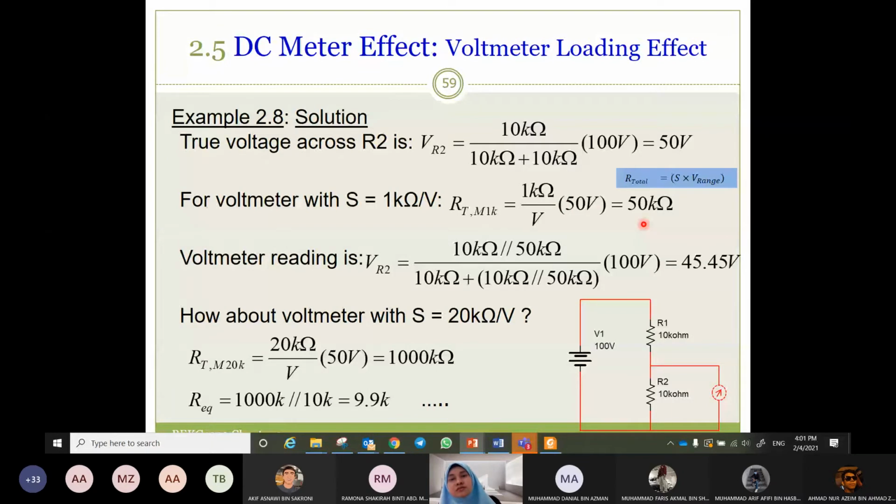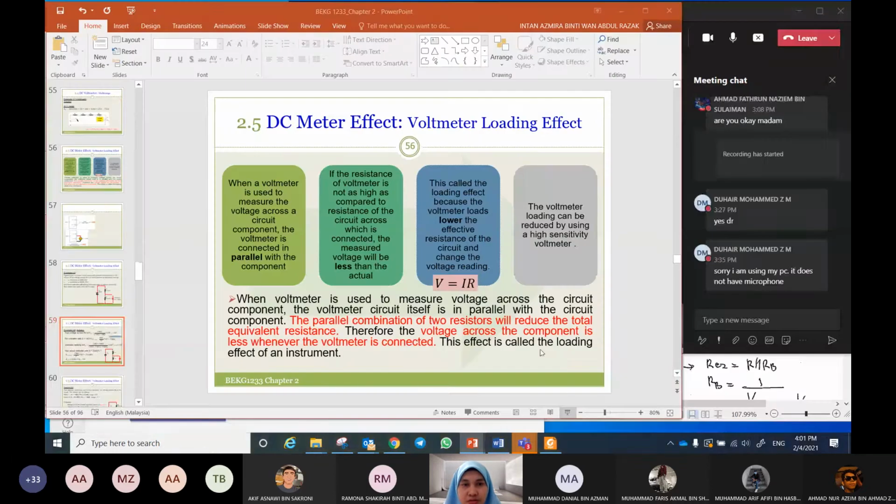The R total of the voltmeter, of the first voltmeter, includes RS and RM. So now the new R equivalent here becomes what? The new R equivalent becomes